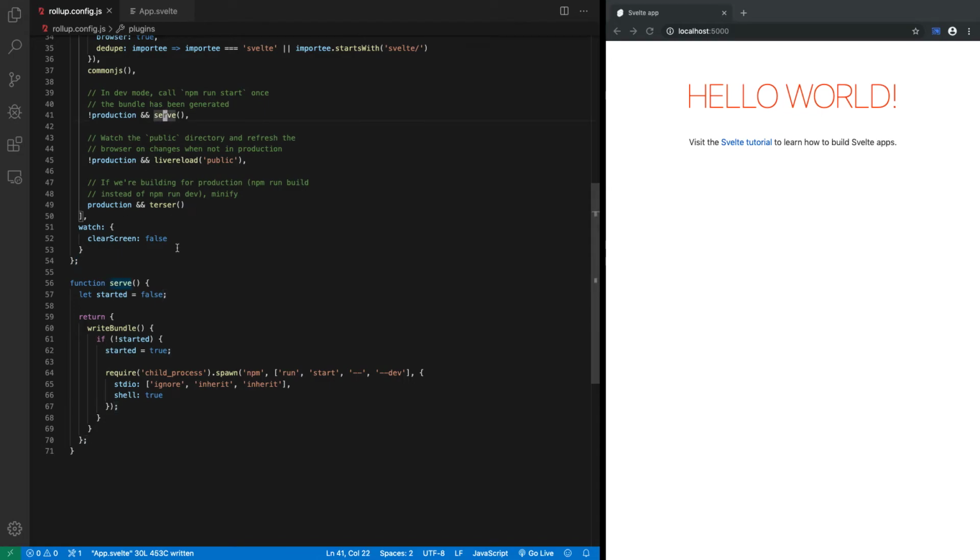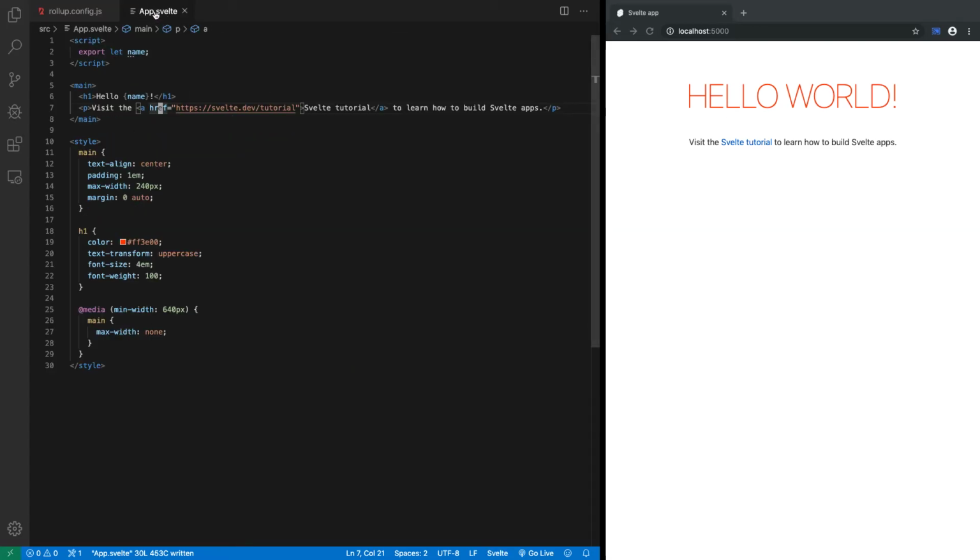Now, how is it doing that? There is a function. In this case, serve is not an external plugin. It's a function that is locally created. This function returns an object. That object has one method, writeBundle, and so on and so forth. Those are the things that rollup plugins must do. But in the end, what it really does is it runs npm run start with -- --dev option. Now this is the important part because